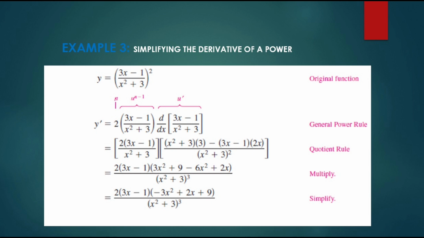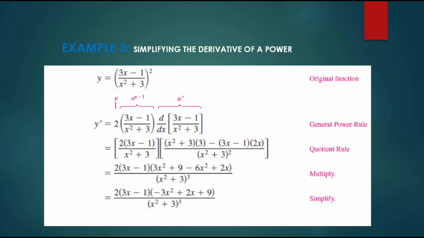And as our n, we have 2 times our u raised to n minus 1, which is the quantity 3x minus 1 divided by x squared plus 3, times the u prime, which is the derivative of the quantity 3x minus 1 divided by x squared plus 3. So using the quotient rule, since we have a fraction, we get the quantity 2